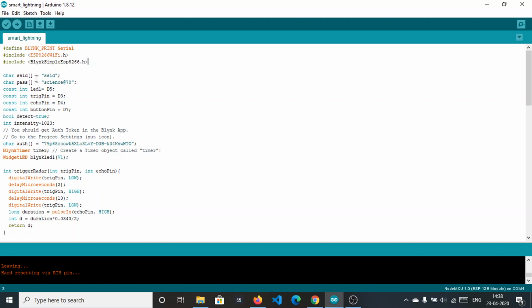Fine. And this is the credential. You need to connect your Node MCU to Wi-Fi or any mobile hotspot, so that you can access the internet and connect to Blink Cloud, because you are using Blink Cloud here, so you need an internet connection.